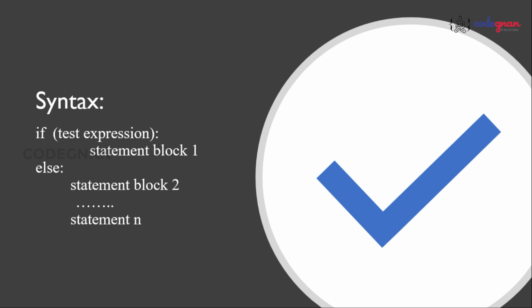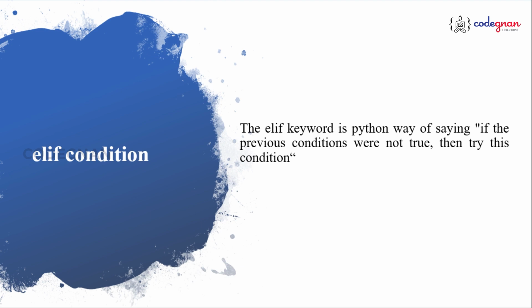There is one more option, which is to use elif, because elif is the keyword where you say that if the previous conditions were not true, then you can try this condition. elif is the combination of else plus if. So obviously you will write elif in between if and else. If the condition is not matching with if, you can go for the elif block, because if you directly go for else, it will make you understand the particular condition is not being satisfied. But if you wanted to have one more trial, that is where you use the elif condition.